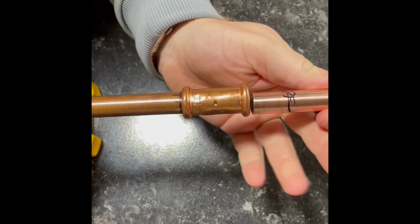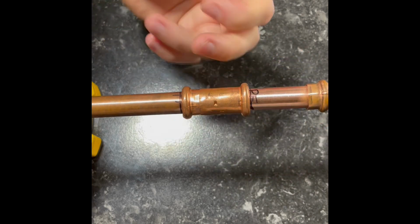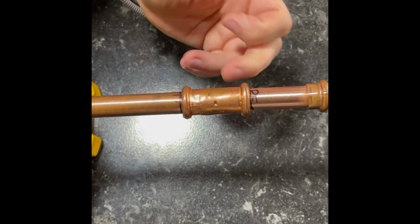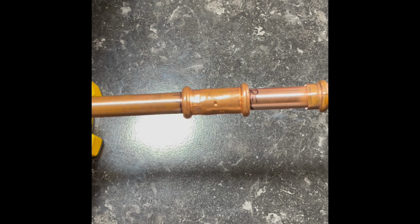I have marked the fitting up so it's full slip. I've initialed it as well so that I know that the original part of that was done pre-press. So basically what we've got here is a couple of customers saying when they go